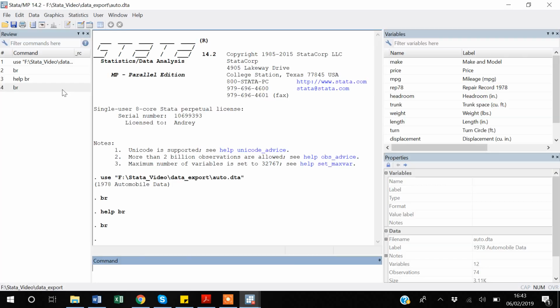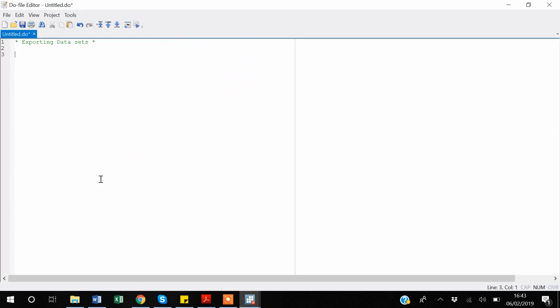And now if I go back, as you can see, I opened this data set. So instead of going to that folder again and clicking it again, I just copy this command from here and paste it. And it's better to write clear here too, so that whenever you run this command, it will clear all the previous dataset and then upload this dataset,